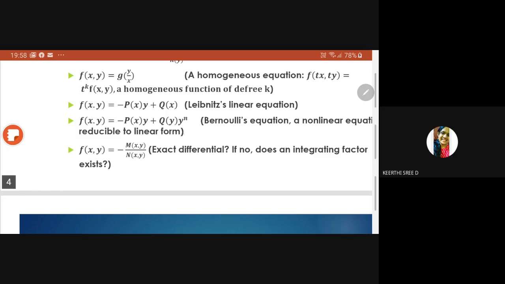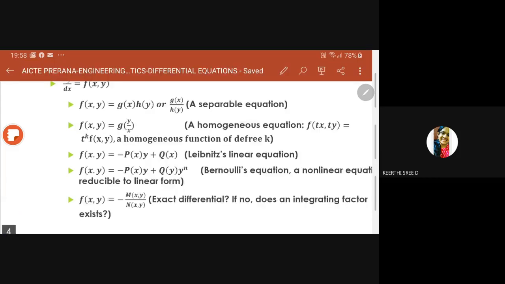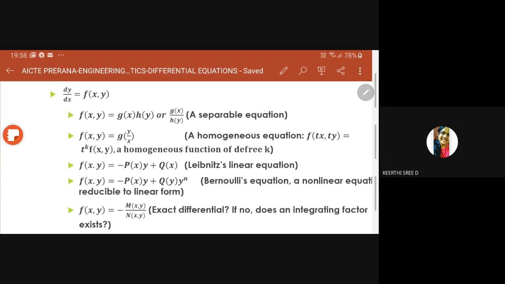You might have heard. I will quickly recall those things, right? And so this is our strategy. When you are dealing with a first order differential equation, the strategy is to see whether it is a separable equation. If it is not a separable equation, go for a homogeneous equation. You will see that one. And if it is not a homogeneous equation, sometimes you can reduce that equation into a homogeneous equation. That scenario I will explain now.